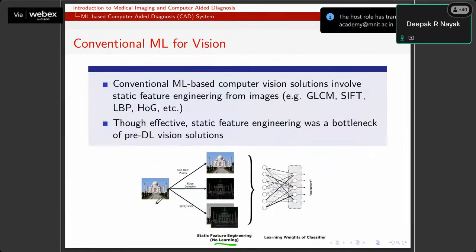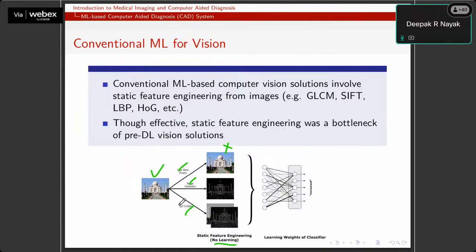I've just taken an example of a natural image here, which is the input image given to us. There could be different types of feature extraction algorithms. I can apply edge detection algorithms to detect the edges, which will be helpful for shape-based or boundary-based features. I can also use raw pixels as a feature extraction approach, but that is not always a correct way to extract features. We'll also see that later on.